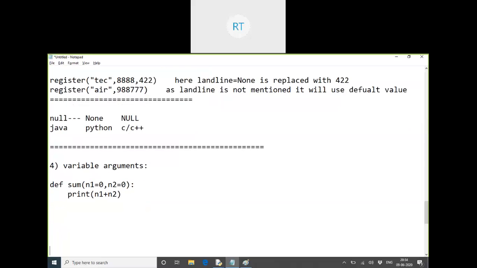Directly we can call it without passing anything. Can I do this? Yes, because both variables had the default arguments. So the user can call it without a value, with a value, or with the 2 values. These were all correct.